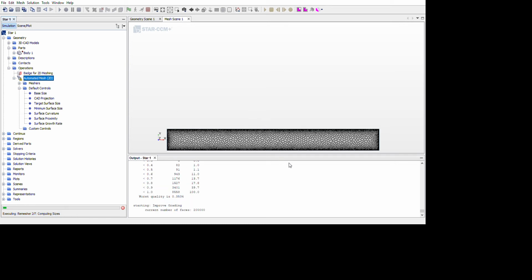At this moment I want to let you know something about mesh independency, or the grid independency test. I have now given the base size as 0.05 mm.